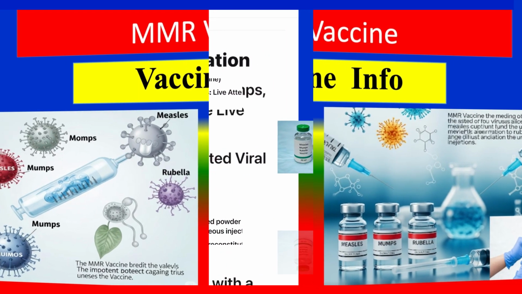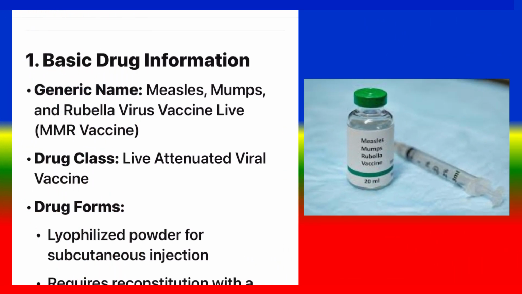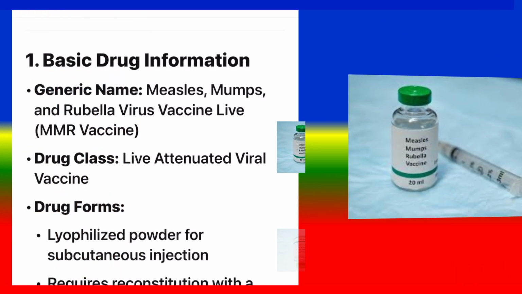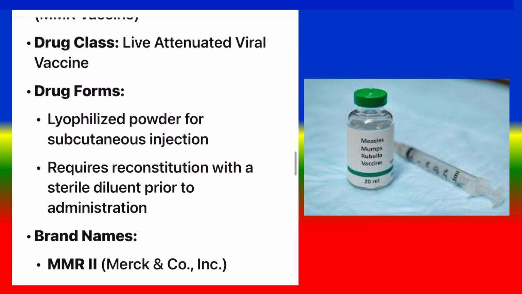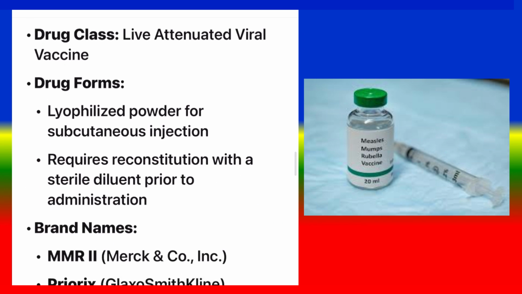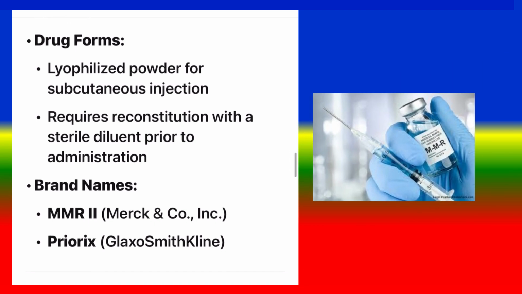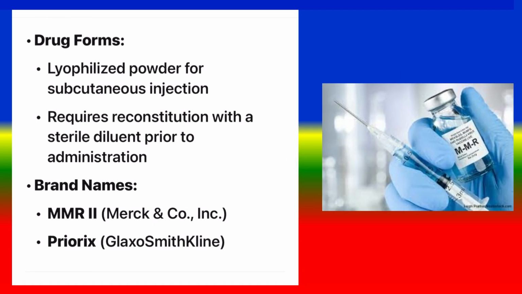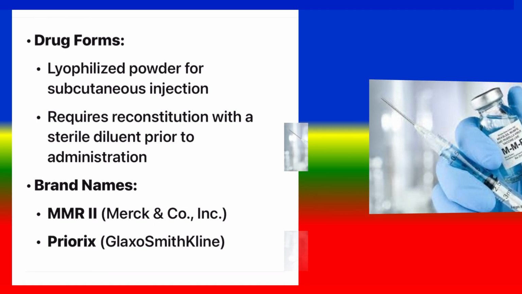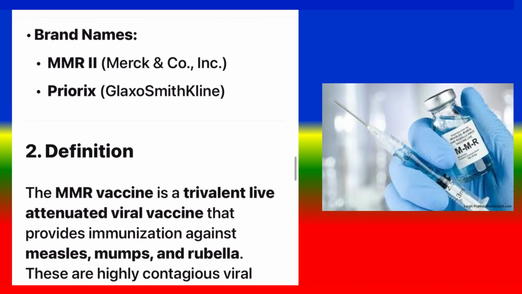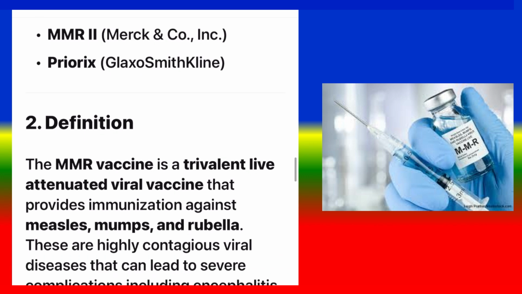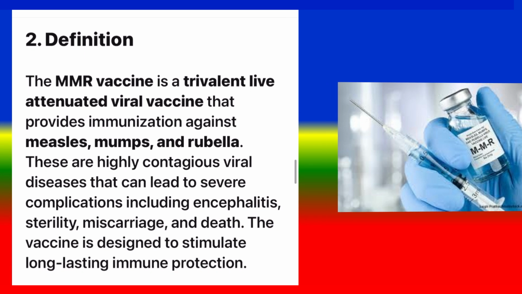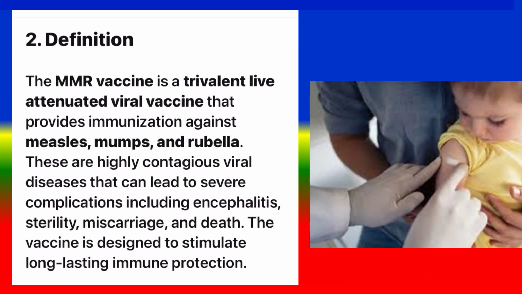1. Basic drug information. Generic name: measles, mumps, and rubella virus vaccine, MMR vaccine. Drug class: live attenuated viral vaccine. Drug forms: lyophilized powder for subcutaneous injection, requires reconstitution with a sterile diluent prior to administration. Brand names: MMR II, Merck & Co., Inc., Priorix. 2. Definition. The MMR vaccine is a trivalent live attenuated viral vaccine that provides immunization against measles, mumps,